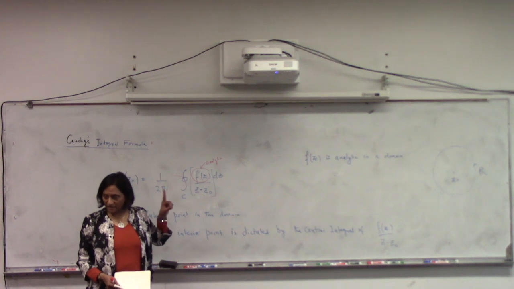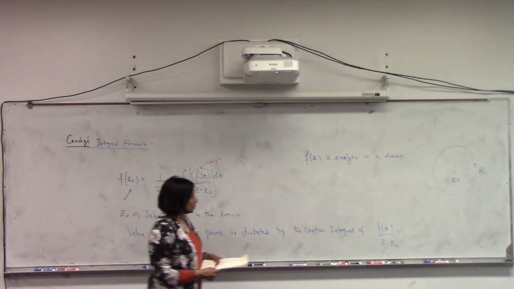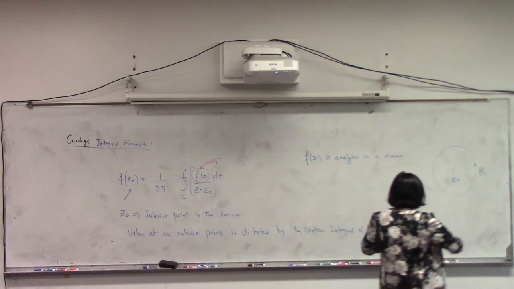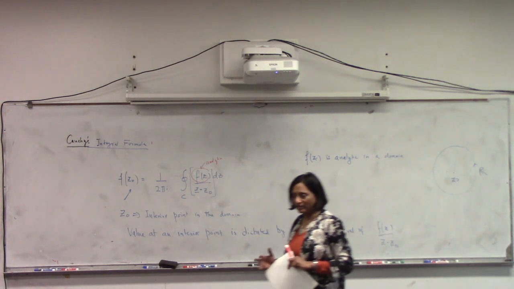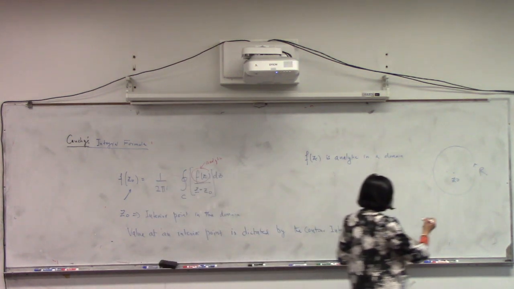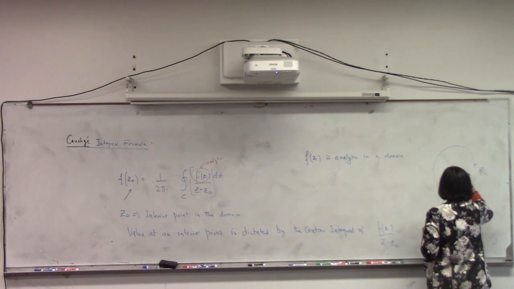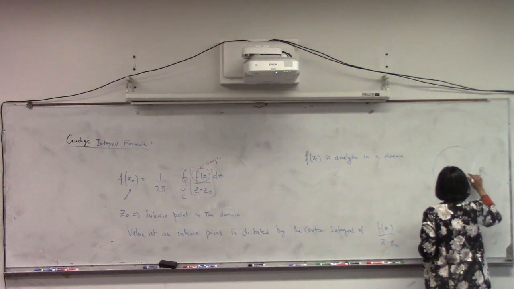That's not analytic at z equal to z naught because that is going to blow up. All the theorems we have developed thus far are for analytic functions. So I'm going to eliminate the point z naught by drawing a circle around it, then cutting that slit,